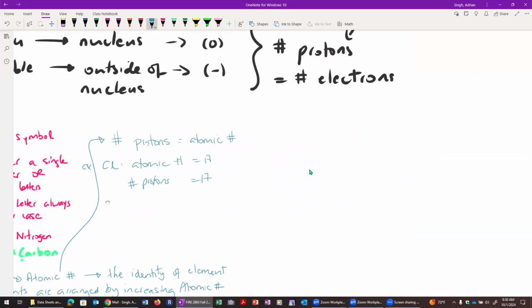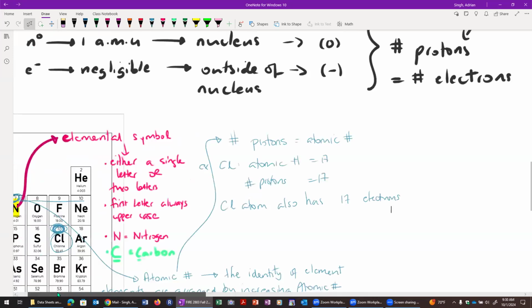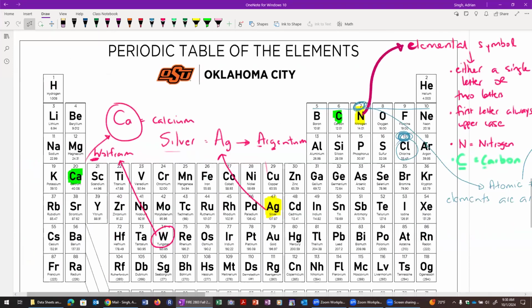If I'm looking at a chlorine atom, we'll also have 17 electrons. So I know right away, just by finding that element in the periodic table, if I have an atom of it, I know exactly how many protons are there. I just look at the atomic number. That atomic number also tells me the number of electrons that are there in that element, right? So that's how we interpret that periodic table entry, at least those first three things, the atomic number, the symbol,